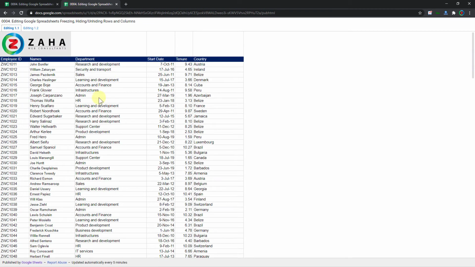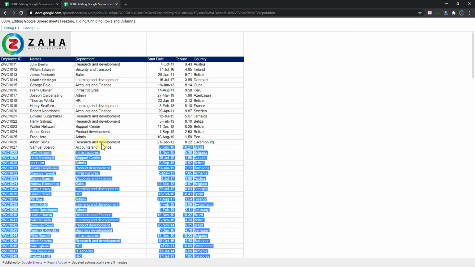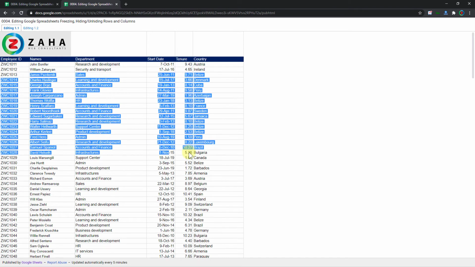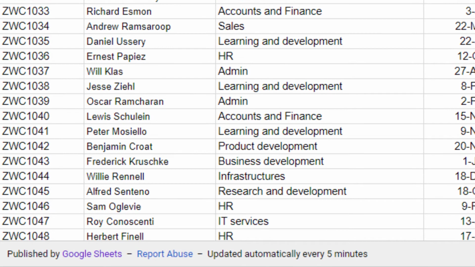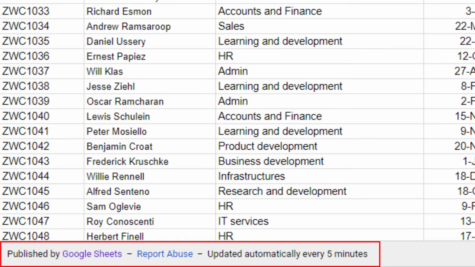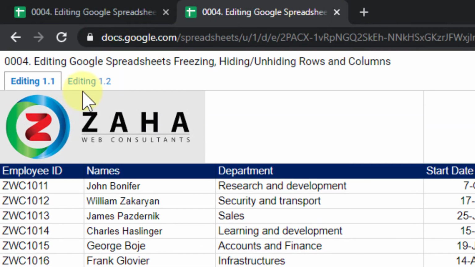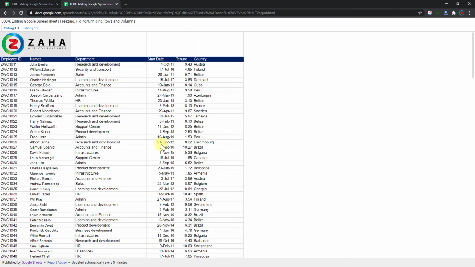That sheet will now be viewed as a web page. I will not have any editing access. I can select the data though, but I will not be able to edit it. I can see there is an indicator at the bottom that says this was published by Google Sheets. And if there is anything that I need to report, I can select that URL and report abuse. And on the top, you can see the sheet links are available. Sheet links are not there in the bottom. They are on the top. And I can see the name of the Google Sheet and my sheet names inside that spreadsheet.